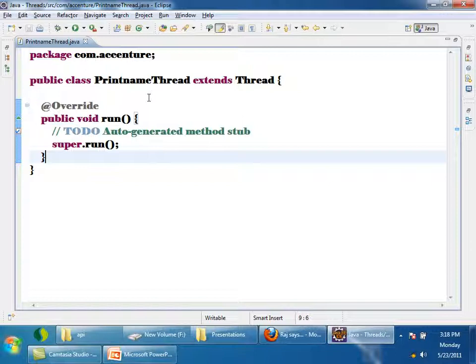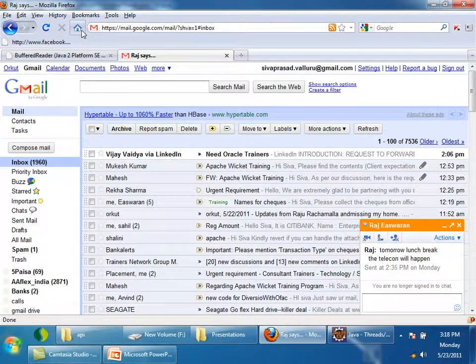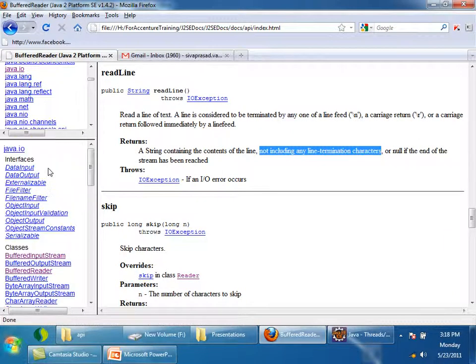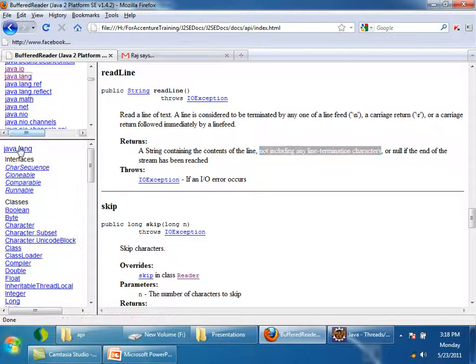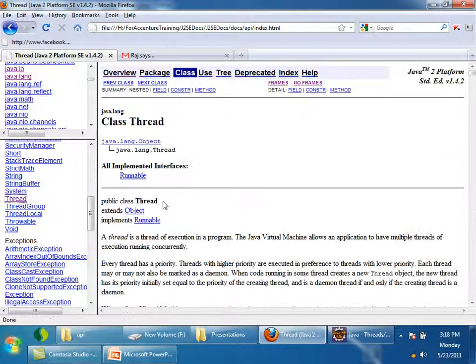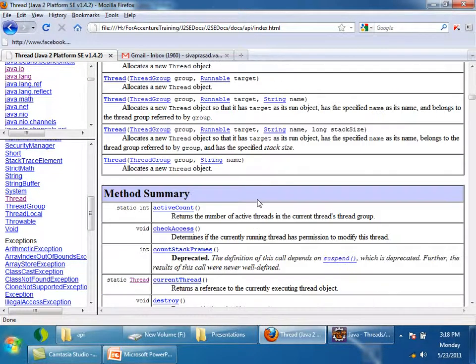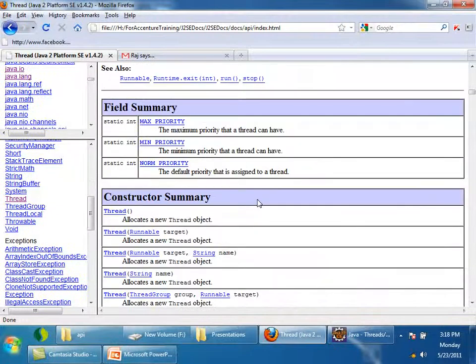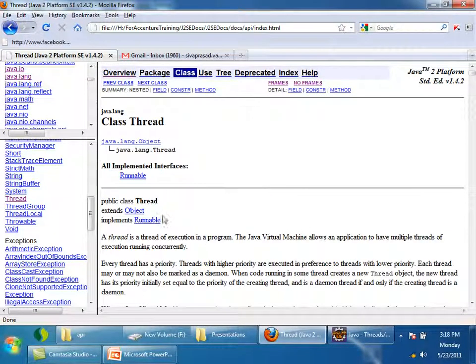Here the Thread class is already implementing Runnable. If you see the API, Thread is present in which package? java.lang package. If you see the Thread class, it is implementing Runnable. So inside the Thread class itself there is the run method. What you can do, you can override it, right?